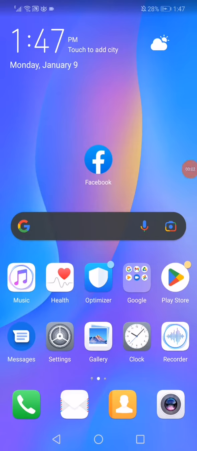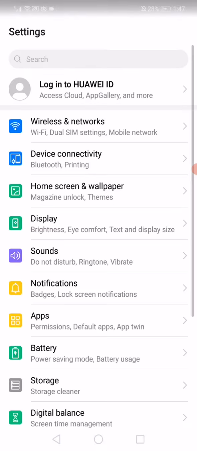Hello guys, in today's video I'm gonna show you 3 ways to fix Facebook Reels option not showing easily and fast. So first thing you want to do guys is open the settings on your phone, go to the apps